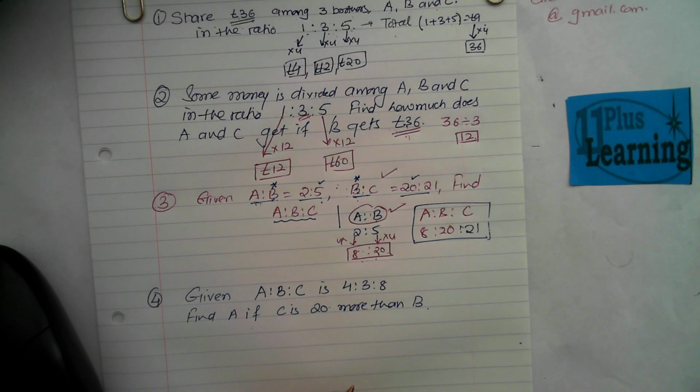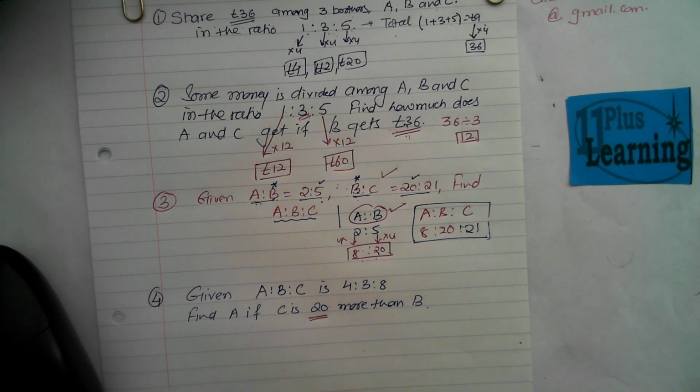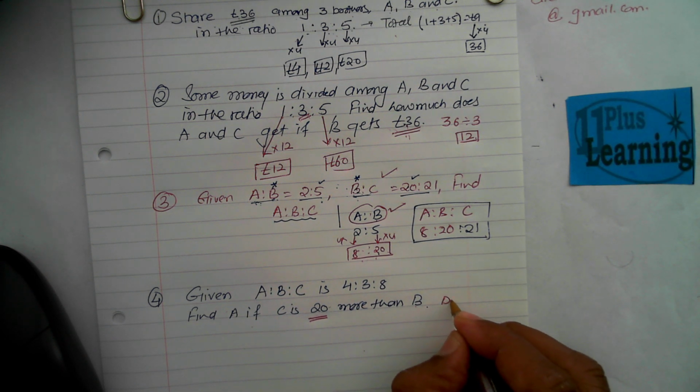Alright guys, like I said to you before, you need to be very, very careful understanding what the actual amount in the given question represents, guys. This 20 is the actual amount. It says find A if C is 20 more than B. So this 20 is actually the difference